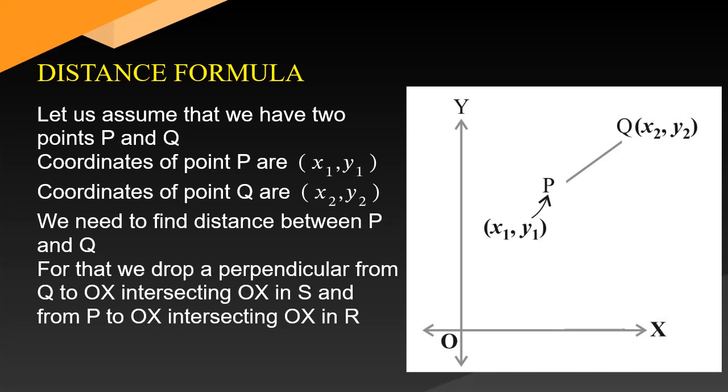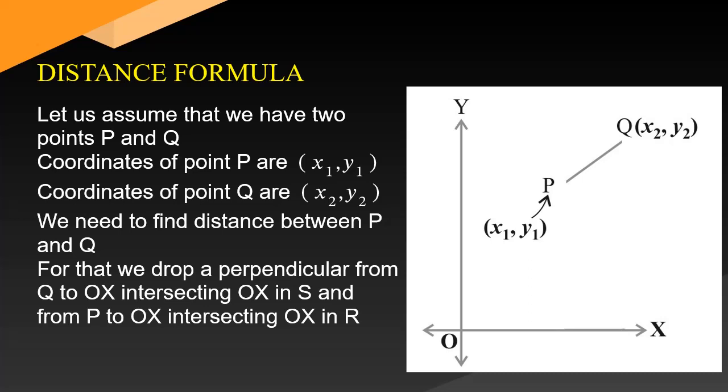In our previous class 9th, we have already learnt how to locate a point in the given Cartesian plane. Now, in class 10th, we need to find the distance between 2 given points in a plane. Let's have a look at the figure. There are 2 points P and Q. Coordinates of point P are x1, y1 and coordinates of point Q are x2, y2. Let us suppose that we need to find the distance PQ.